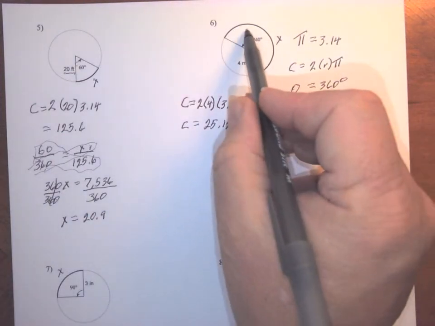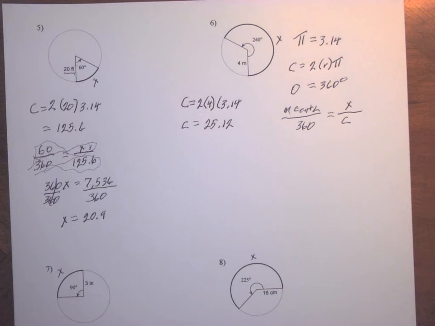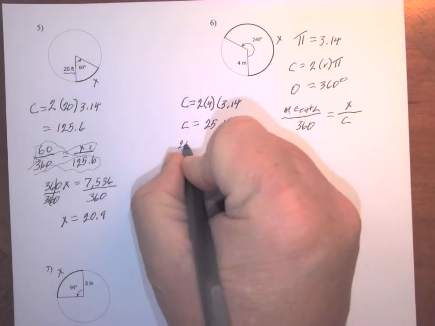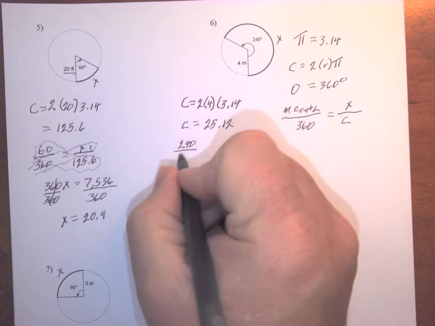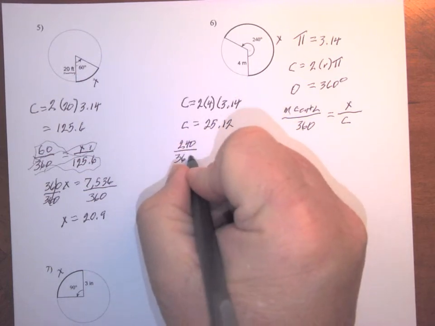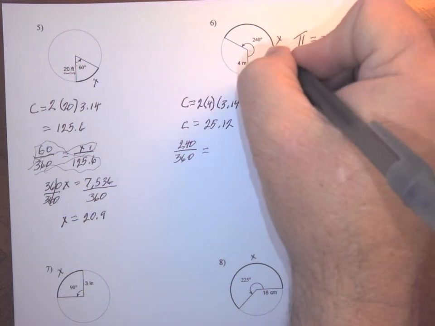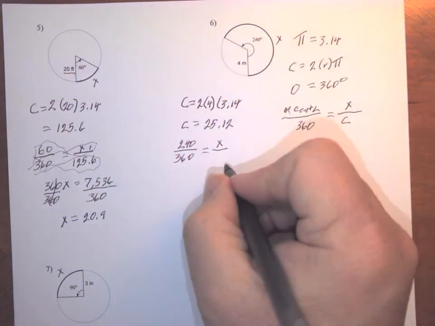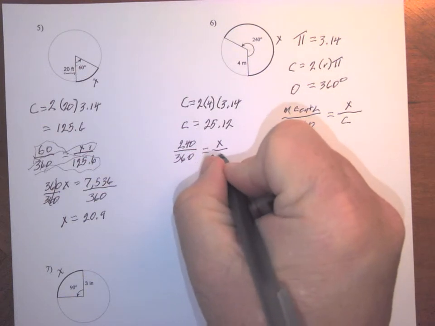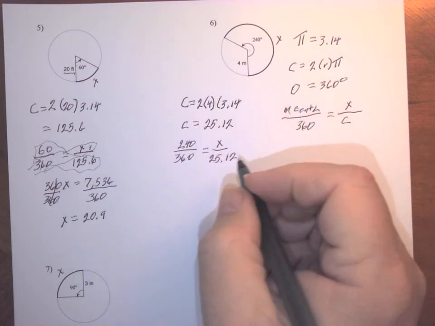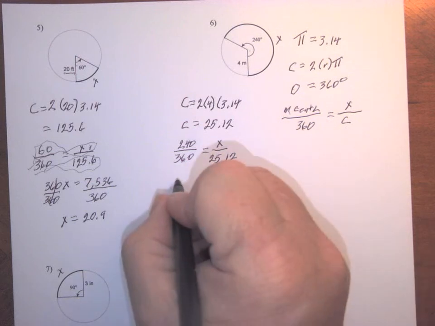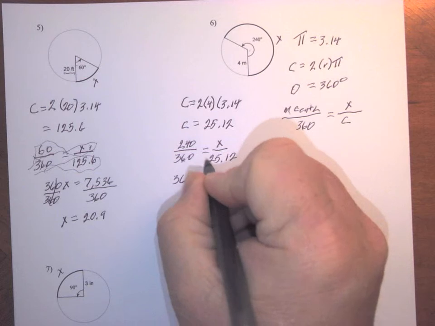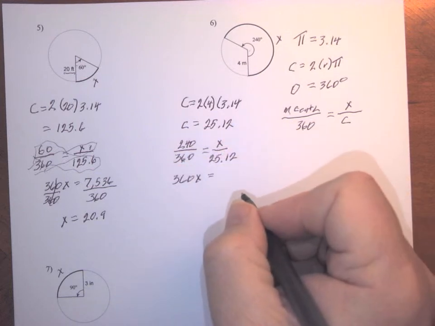So all we have to do is set up our proportion. We know the central angle is 240, okay? So we take 240 divided by the total, which is 360, has got to be equal to the piece we're looking for divided by the total circumference, which is 25.12. So if we cross multiply, we end up with 360x is equal to 240 times 25.12,